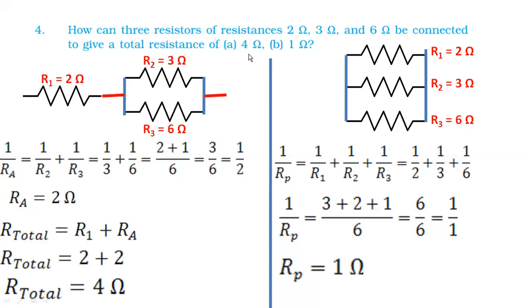Answer would be 4 ohm. Now see, that means for first subbit, we have to connect one in series and other two are supposed to be connected in parallel. So this is the answer for the first subbit, this one. So take a screenshot of this. This is your final answer. These two are the answers for your first and second subbit.